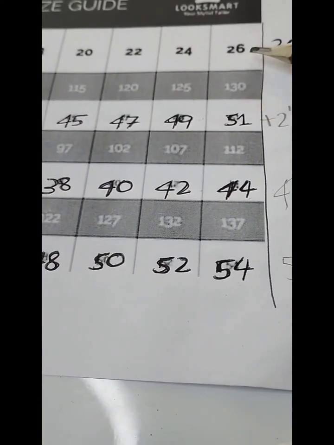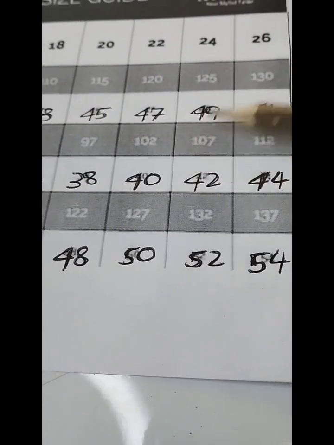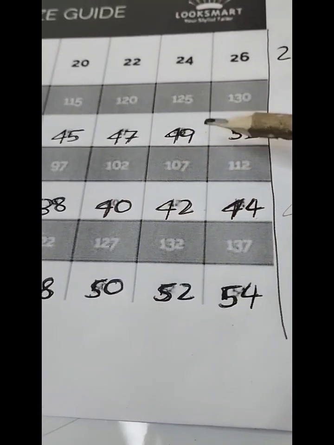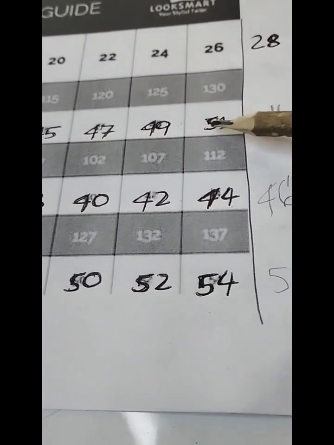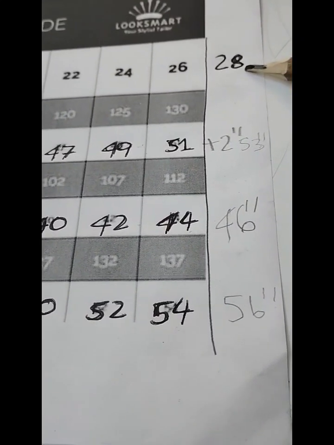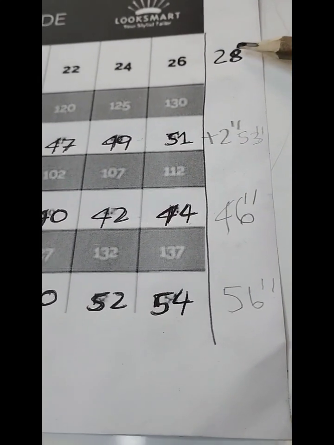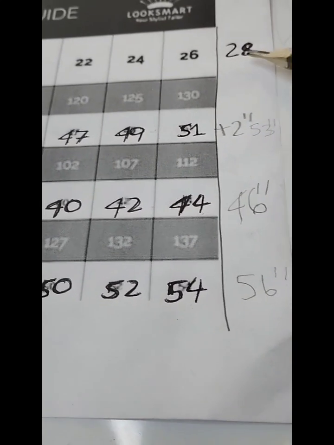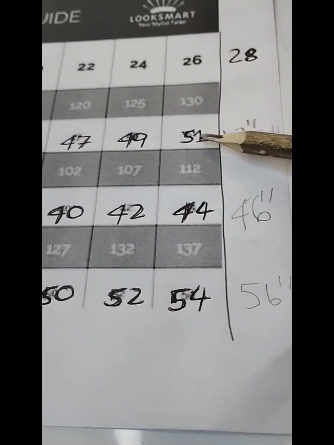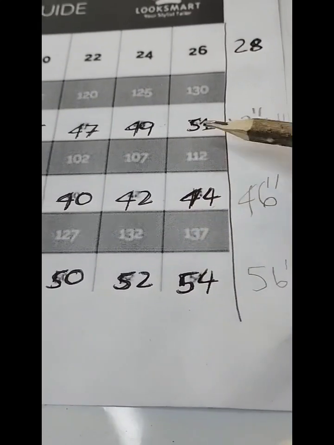Now, what if someone's size doesn't fit in this chart? Well, just do like what you have learned. Just continue to add 2 inch. Like for example, 28. All right. If 28 is not in the chart, but you want to have 28 in your chart, simply add 2 inch to the bust, waist, and hip measurement. So like so,